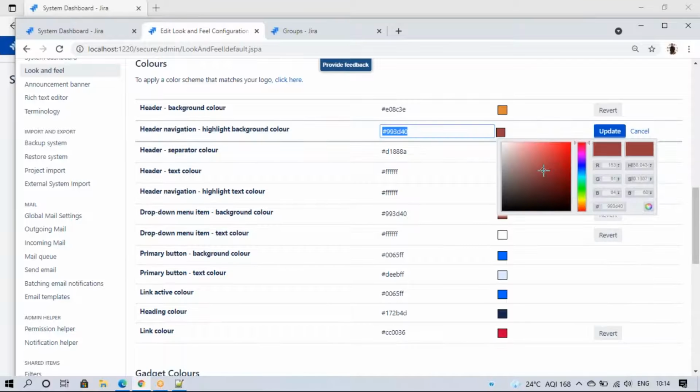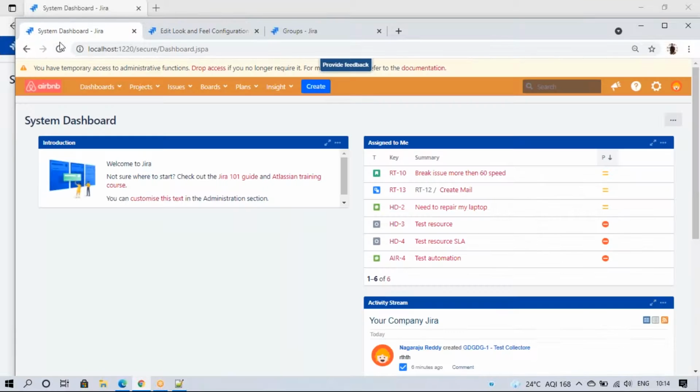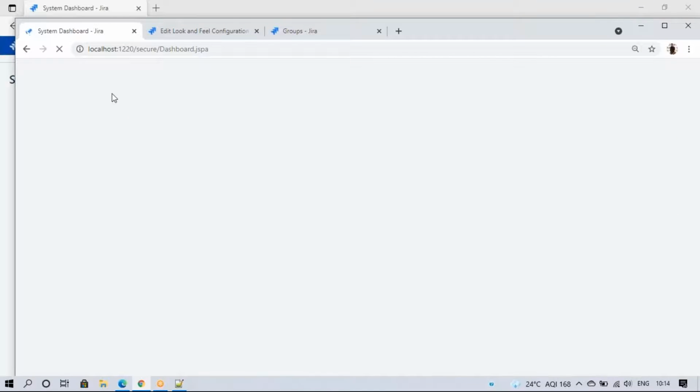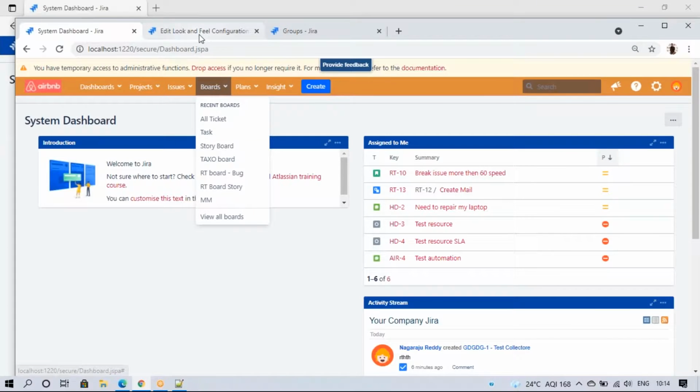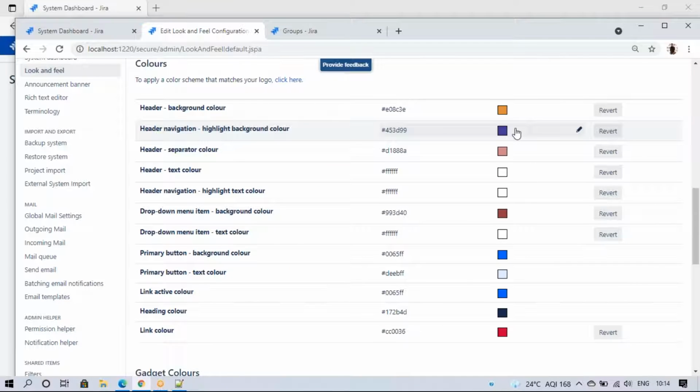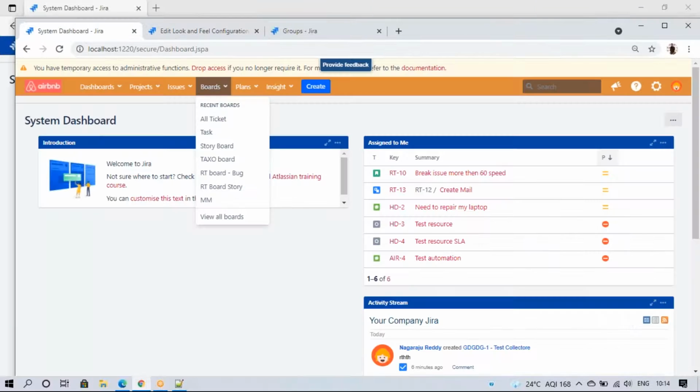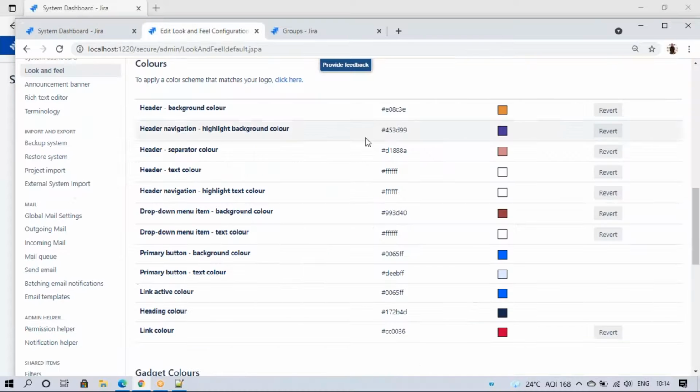If you want to put something different, maybe blue, then when we move the cursor onto it, the blue color will show, but right now it is this color. See, header navigator highlight background color.